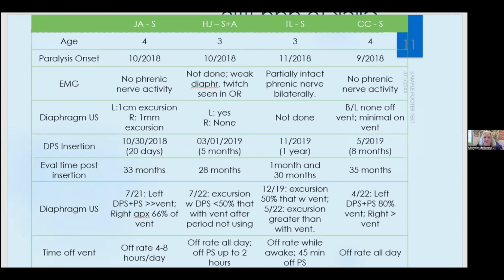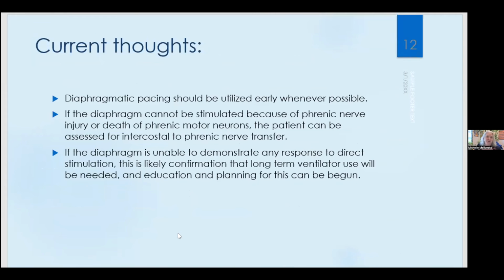The kid who had it the earliest is probably the one who has the least benefit right now. But I think that has more to do with inconsistent use and post-insertion variables, because they're not someone who gets their care here anymore, so I'm not clear on what is going on in the home setting. But it's an N of 1. I still think it's useful to do it early whenever possible. I don't think there's any value in waiting once the decision is made to go ahead and place it.